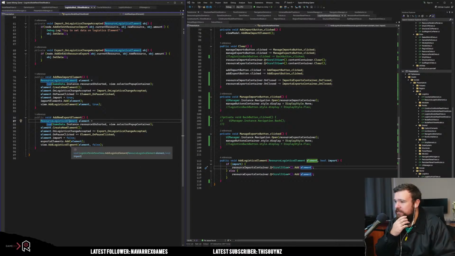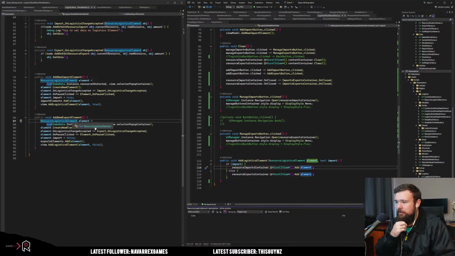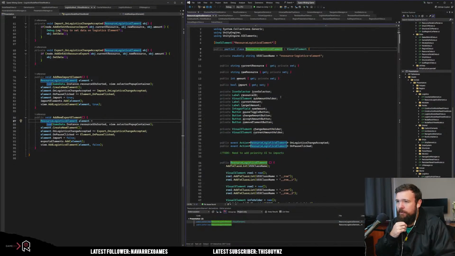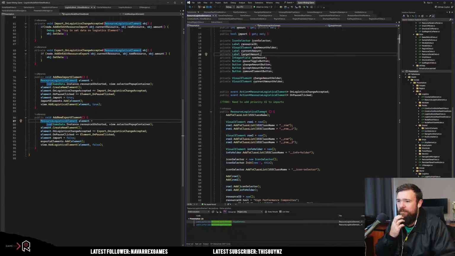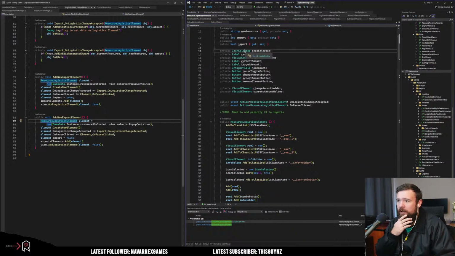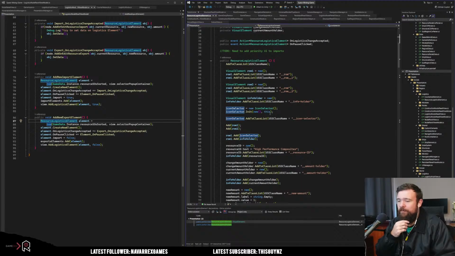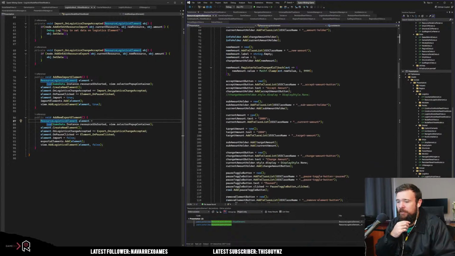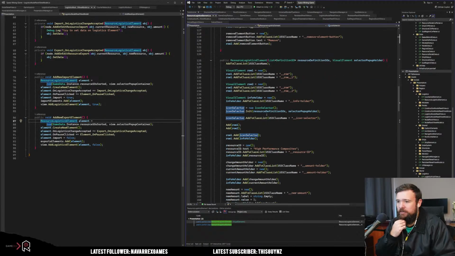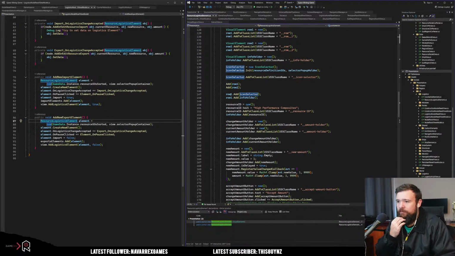Now this thing itself doesn't do anything funny. However, it does in fact have an icon selector, and this thing can do many funny things. So we get a new one, we initialize it, not necessarily there. This is how we would get it. We add it and all that good stuff. Now, when you click on this thing,